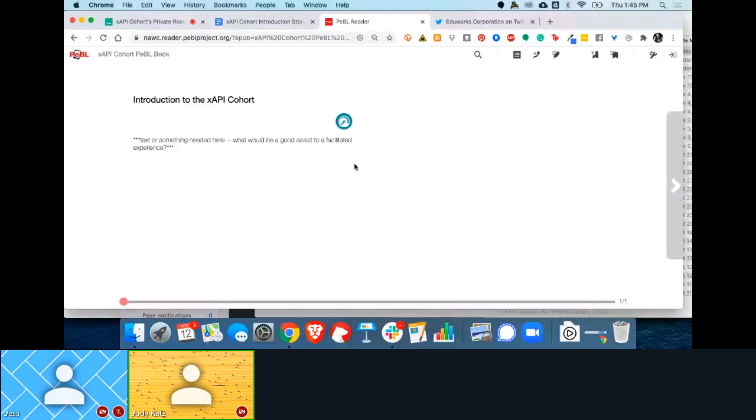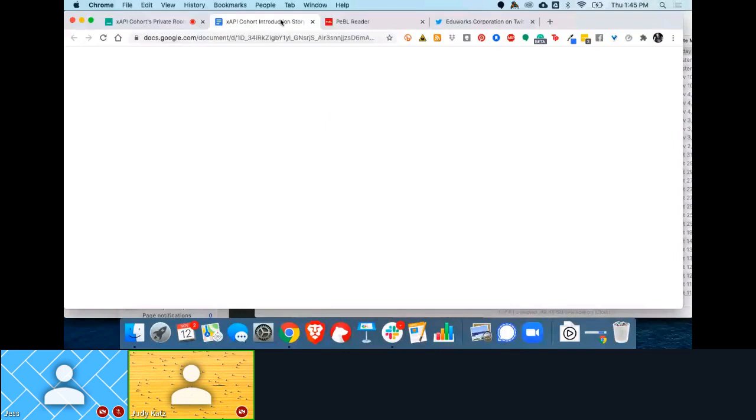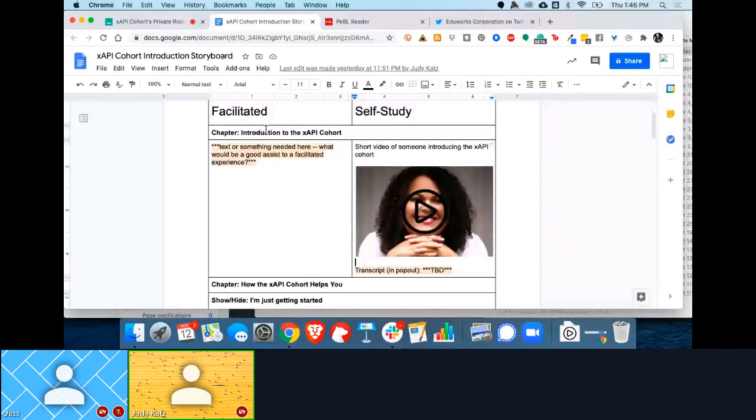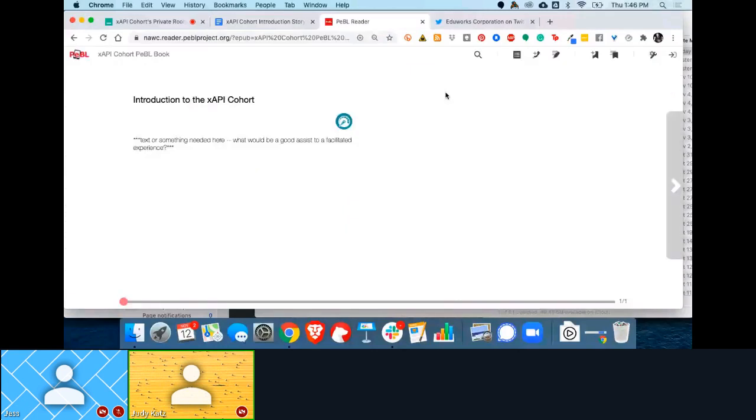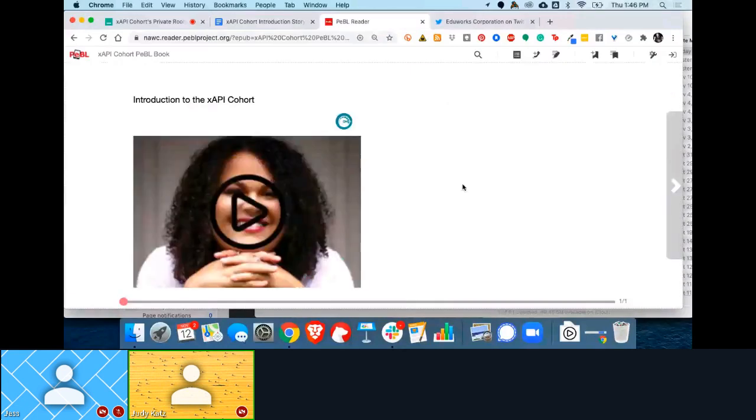For example, this first bit, we have a chapter title, Introduction to the xAPI Cohort, and then the first thing is going to be different. You have the facilitated experience turned on or the self-study experience turned on. I'm not able to do that on a global level, so I left the little dials in here so that we could just do that on an individual level. And so right now we just have a placeholder for a video, and then as we do the other chapters,